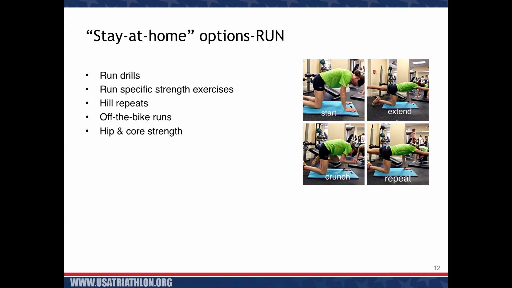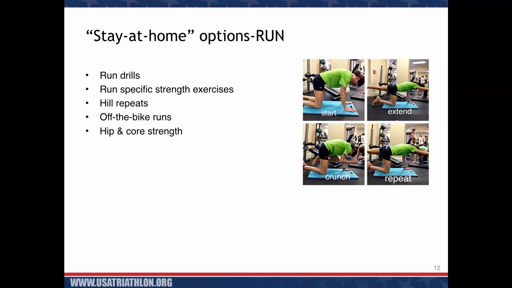Off the bike runs, whether short or long, even, I like to do a quick 10-minute run off a bike. Sometimes they're slow, sometimes they're fast. Figure out what you need, what your limiter is. If you fade during that run, you may need some longer runs, and to see how your nutrition is working from the bike to the run. Off the bike runs are really important.